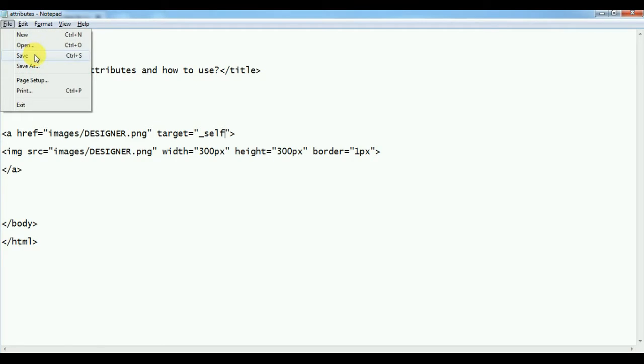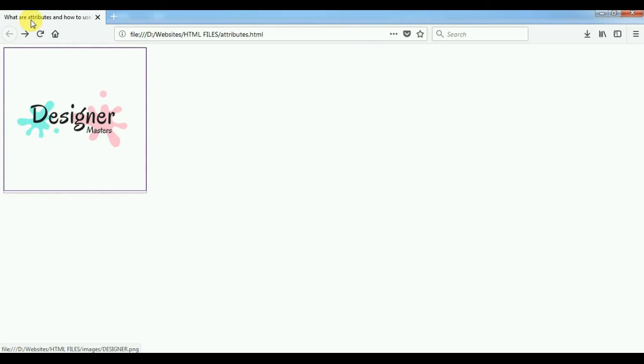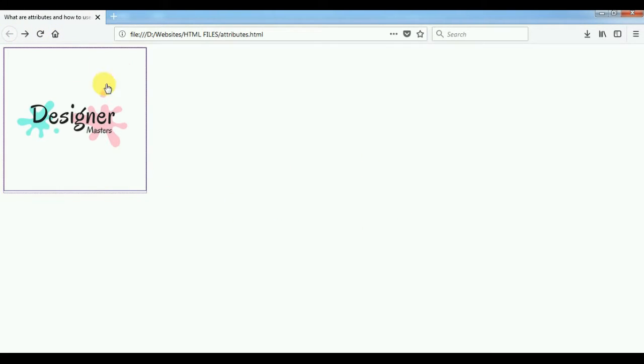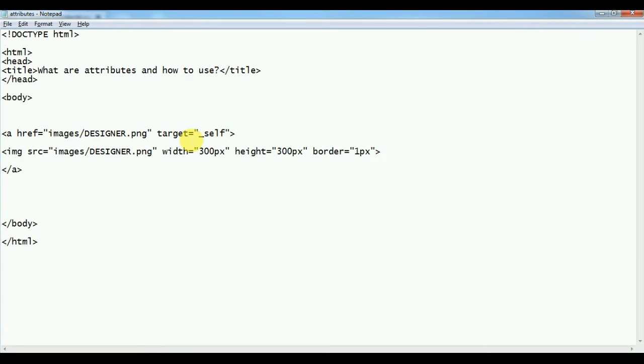Let's save it first. Self is when you are going to the same page after clicking on this link. Okay, this is self. See, there is only one tab open and everything which is working is inside this tab. Now if I give it a target